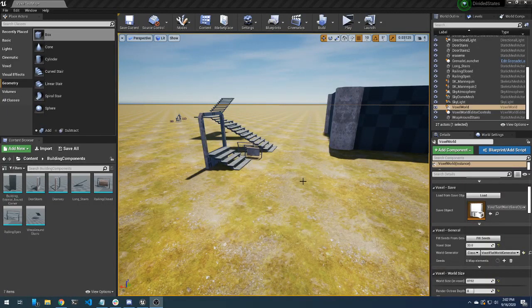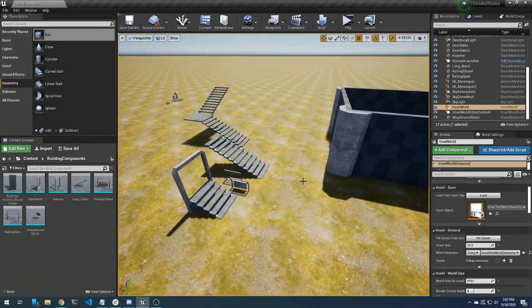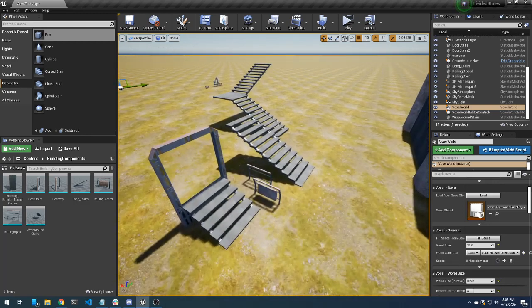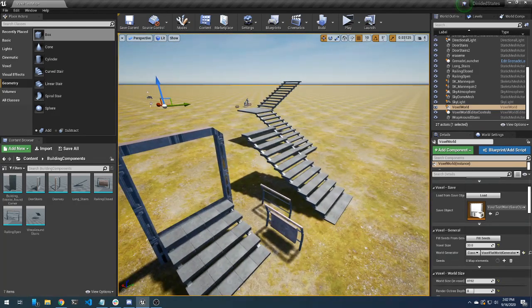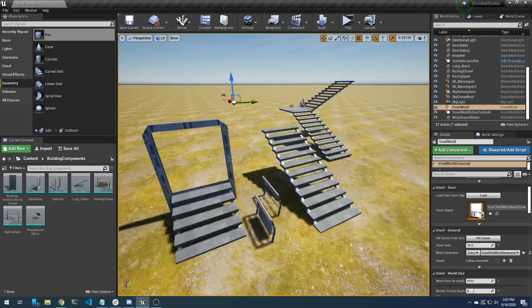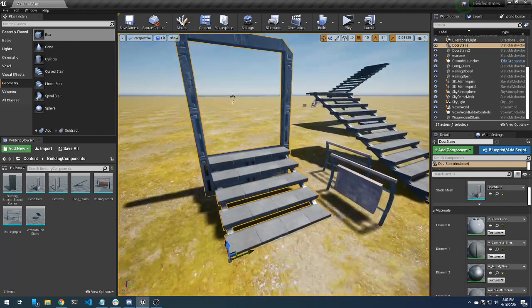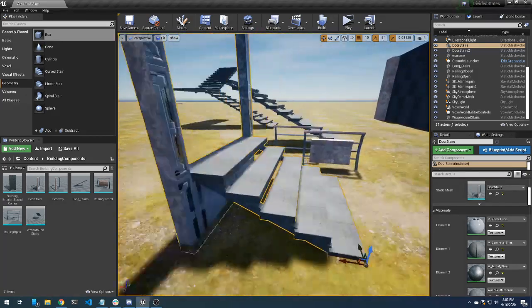Hello everyone. Just wanted to show you this interesting little trick that I discovered in Unreal Engine 4 where you can basically build in-game assets without actually having to use a 3D modeling software and export them into Unreal Engine. And for example, I made this door with the stairs over here,